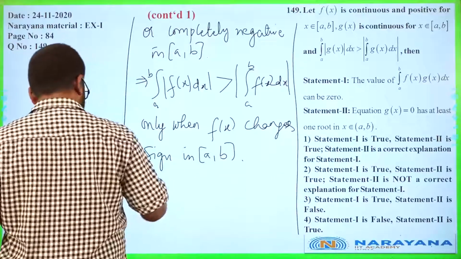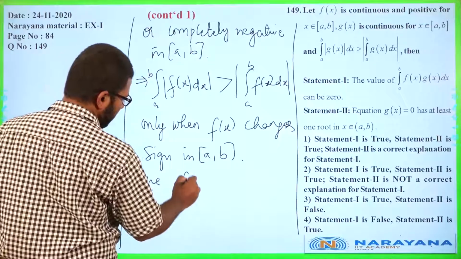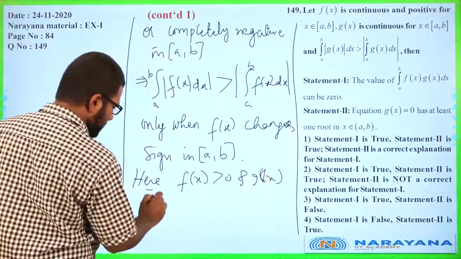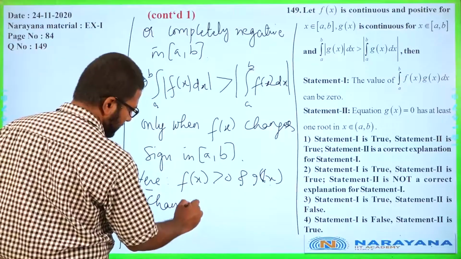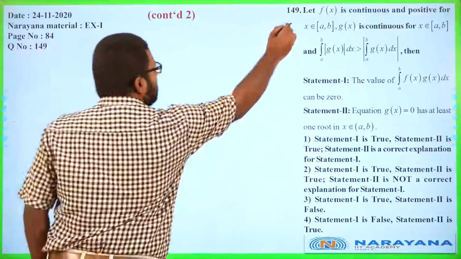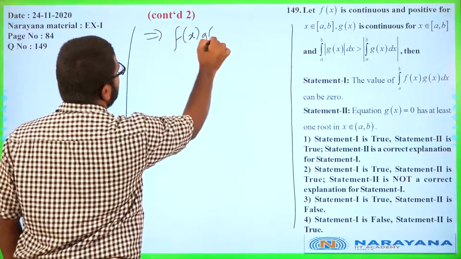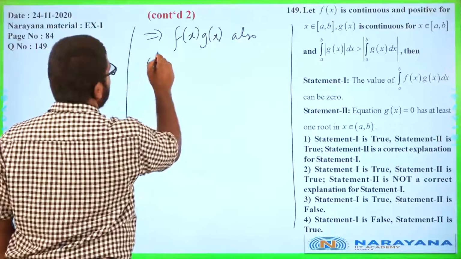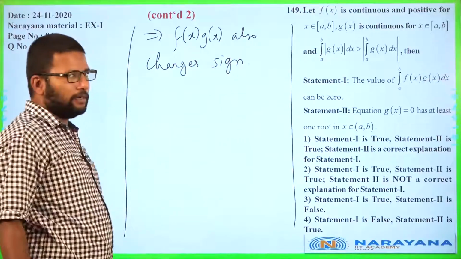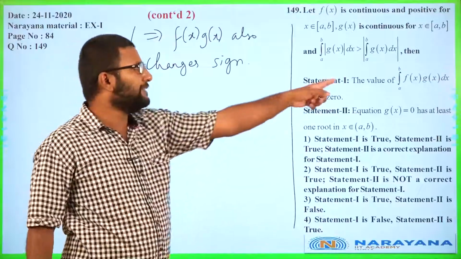Just to be clear, we are talking about fx gx here. Here fx is positive and gx changes sign, which implies fx gx also changes sign. Now, we do not know to what extent they change sign, what it is in the beginning, in the end, none of that we know, but that is why they are saying can be 0.